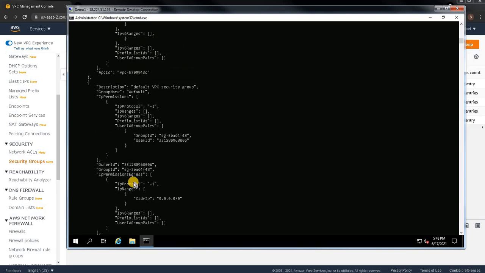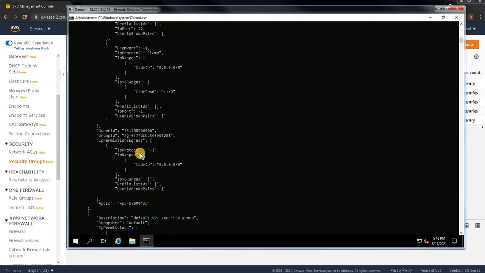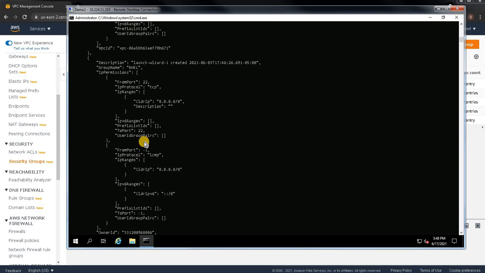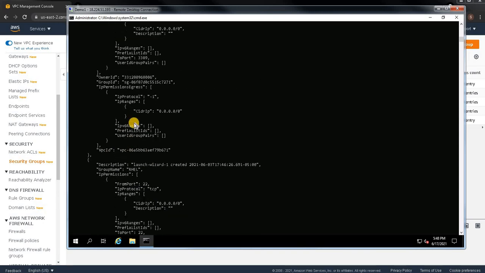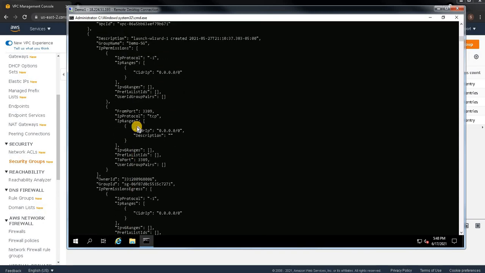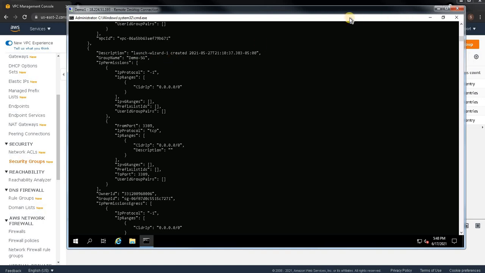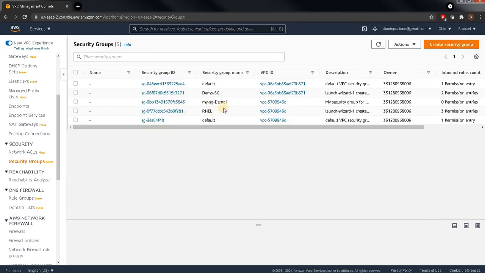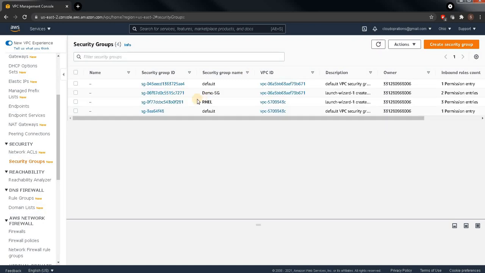Let's see: default, RHEL, demo SG. Okay, so it's not there. Let's verify again. See here, in our previous check we verified it was created, my SG demo 1. Now let's refresh this and let's see. Okay, you can see here it is gone, right?